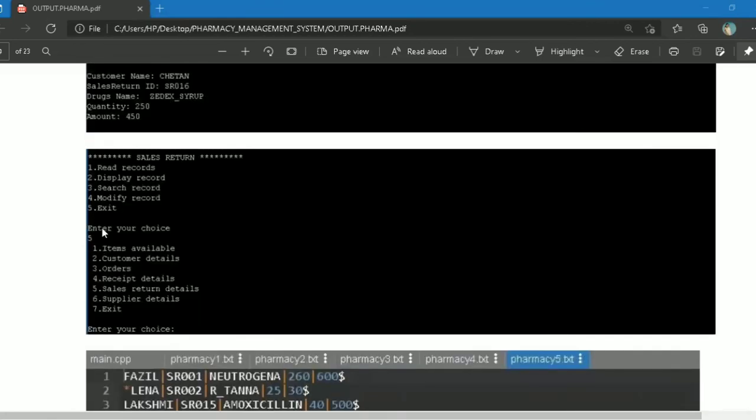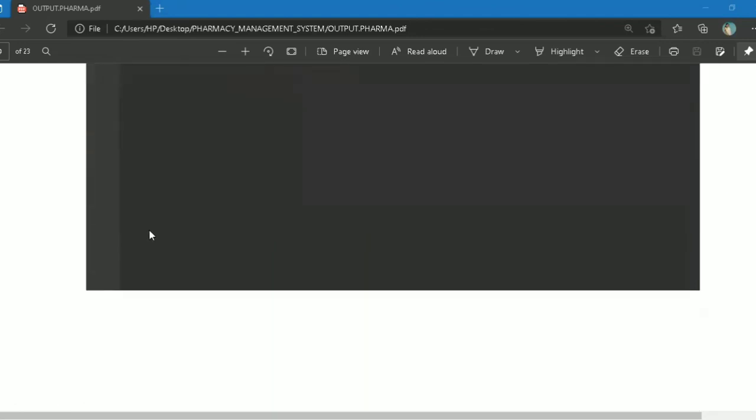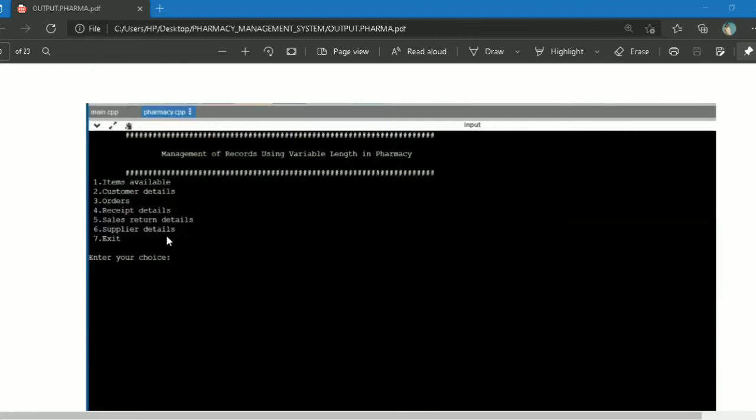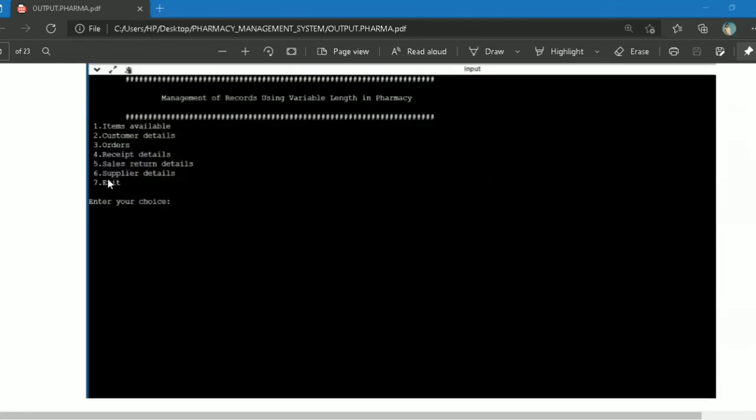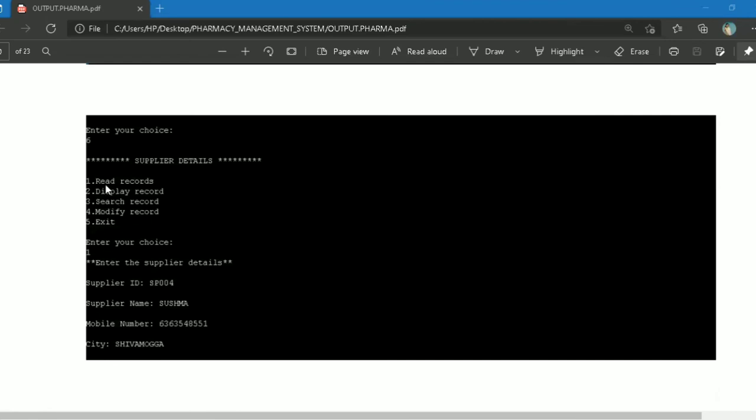Then the user enters the choice to exit the sales return file. In the pharmacy file.txt, all the records have been saved and the star represents the deleted record, and here is the modified record. If the user enters 6 as a choice, it shows the supplier details, which contain read, display, search, modify and exit.